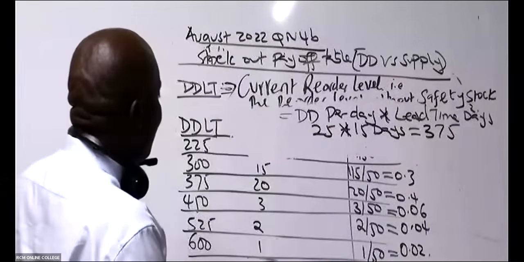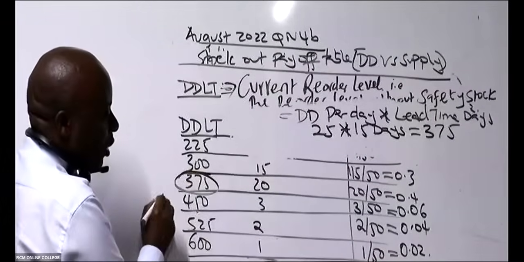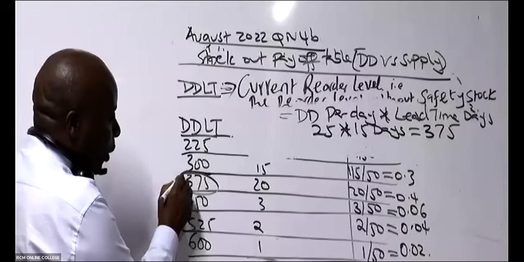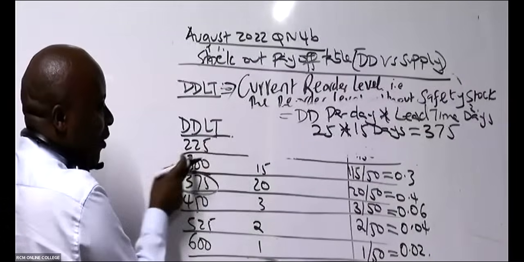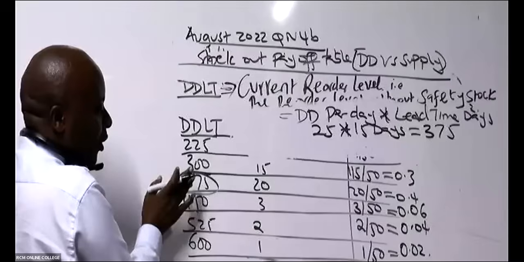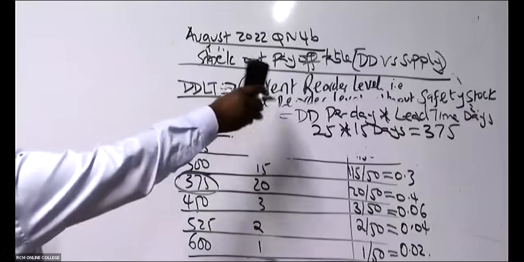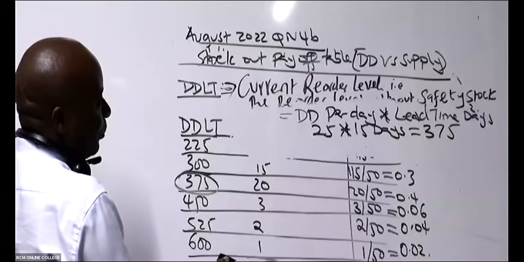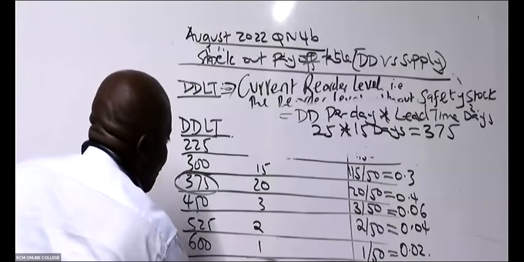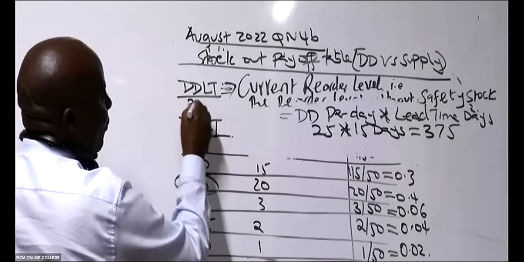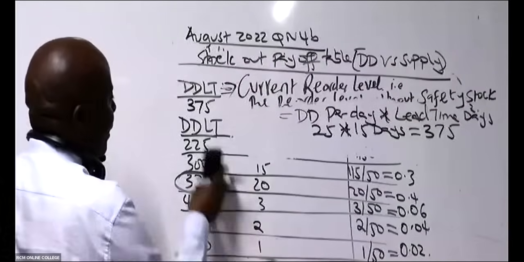So as I write my numbers, I will begin. This is the starting reorder level, this 375. So I'll be able to run with the ball here, because I will never have any stock outs with this. No stock outs totally. So when I write here this demand versus supply table, I can't start from the very beginning. I'm beginning here with 375, and then I write all the others downwards.